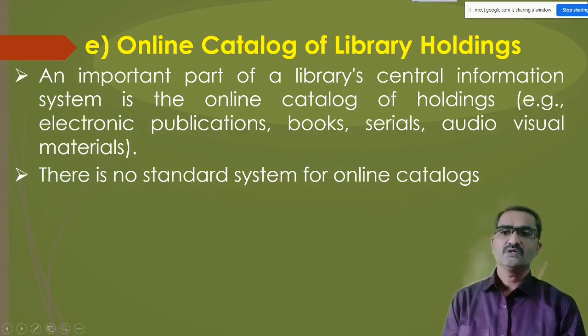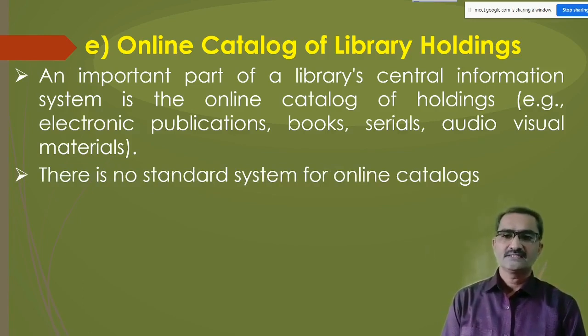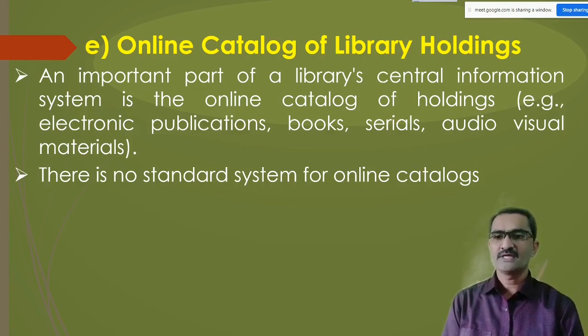There is no standard system for online catalogs. There is no such fixed format, but you can think like this, that some of the online sources are stored with the help of machines or computers or some operating systems, like you people might have heard about OPAC, which is used in our college library, where the students can easily access the books or publications or whatever is available in the library.